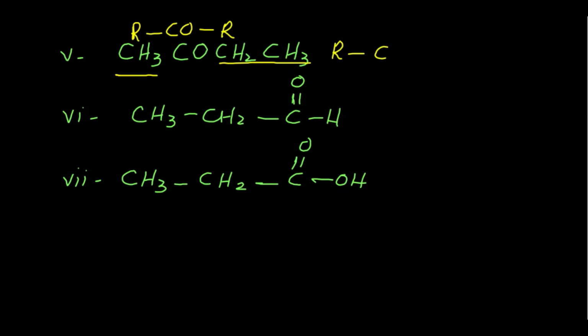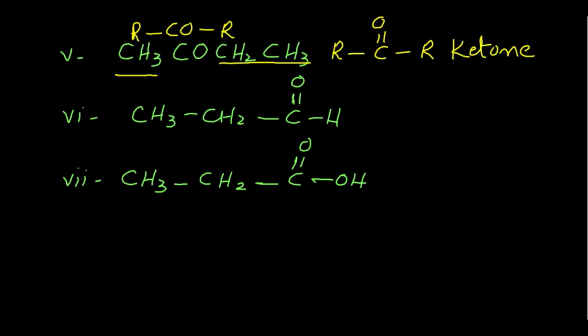CO is actually a carbonyl group. In the carbonyl group there is a double bond between carbon and oxygen, and here we have C double bond O R. This functional group is known as ketone. What is the name of this functional group, students? This is ketone. I hope this is clear.